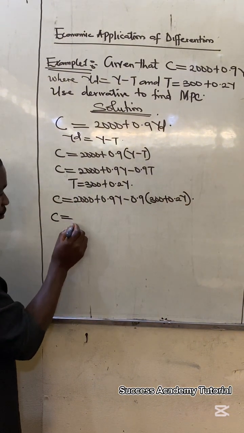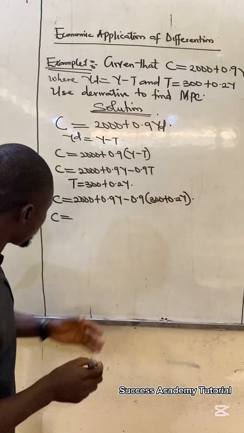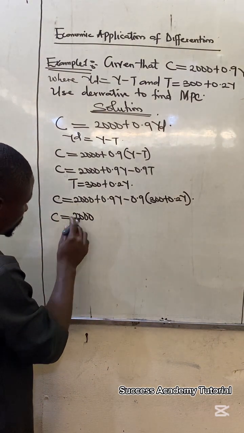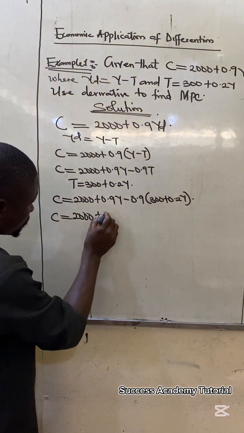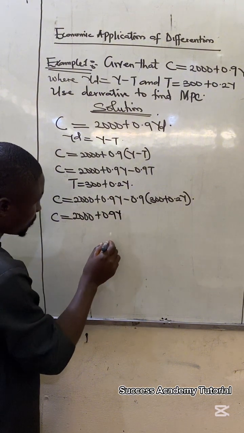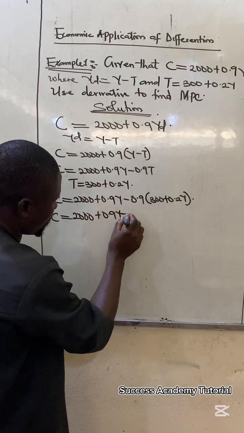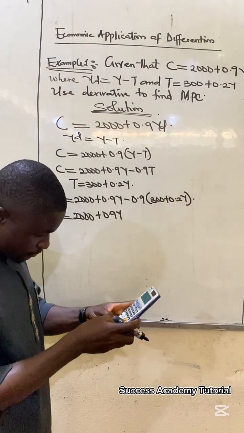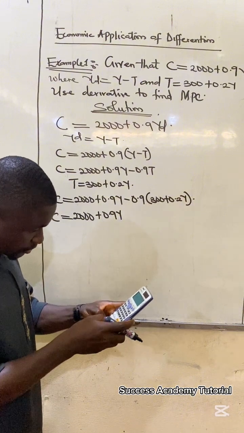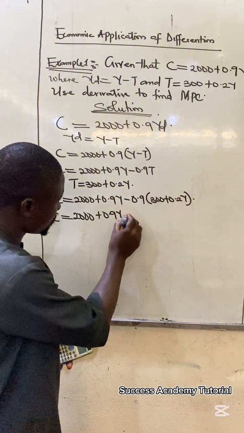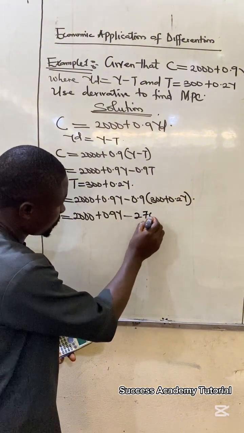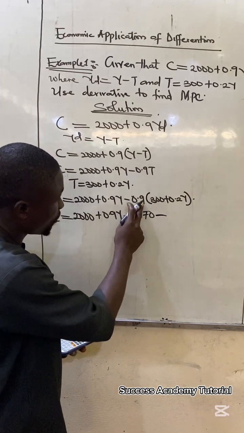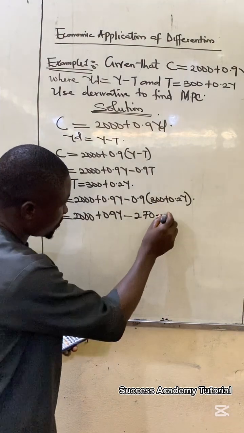So your C is equal to, if we expand this, 2000 plus 0.9y minus 0.9 times 300. 0.9 times 300 is 270. Minus times plus is minus. Then we have 0.9 times 0.2, that's 0.18